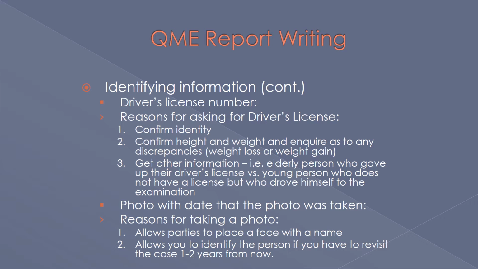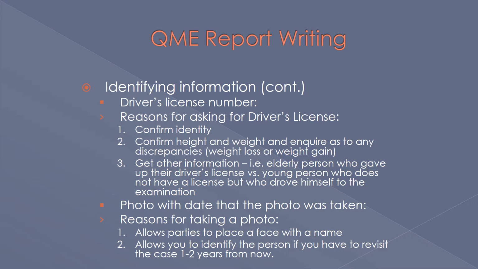Number one, it helps you to confirm their identity, to make sure that indeed they are the person who you expect them to be, and that the examinee in front of you is actually the person that you're supposed to be evaluating. Number two, it allows you to confirm their height and weight, and allows you to inquire as